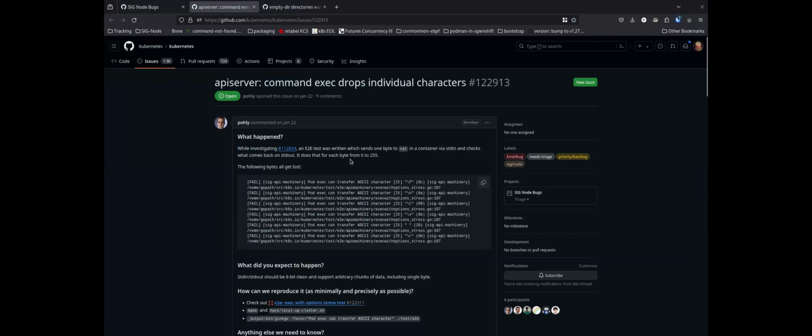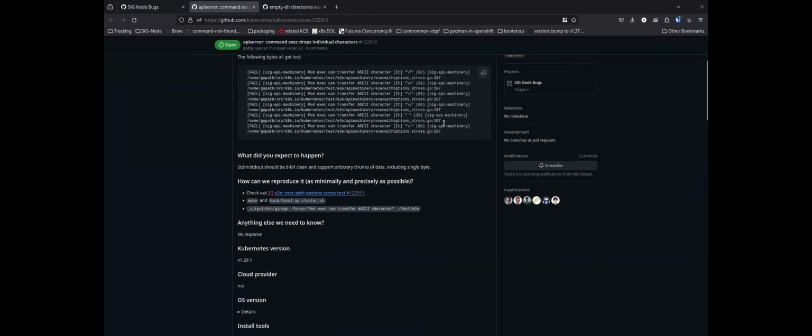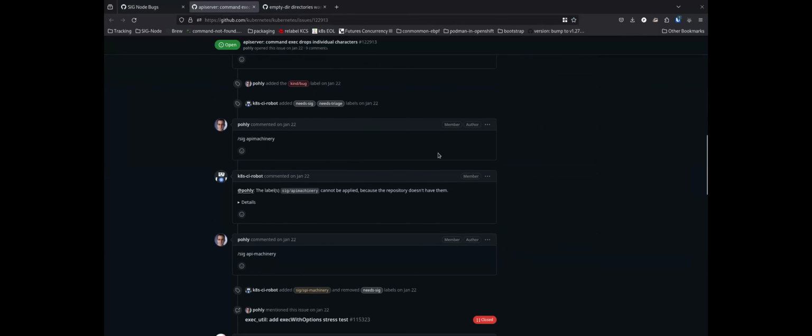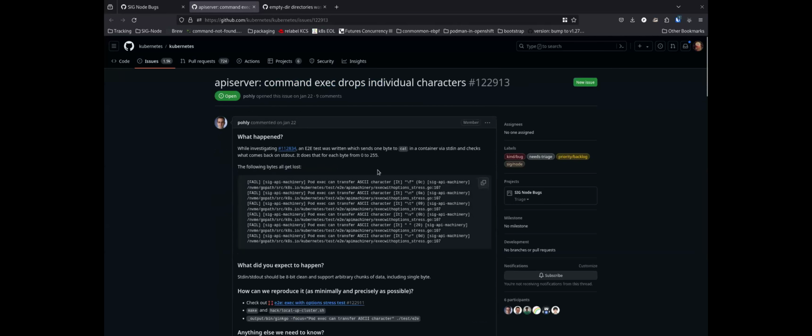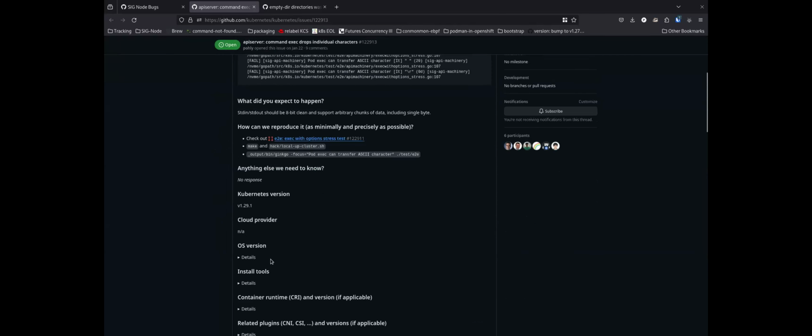Okay. Did we already talk about this? I recognize it. Maybe I just triaged it on my own. So yeah, Patrick was able to find instances where we dropped characters during an exec